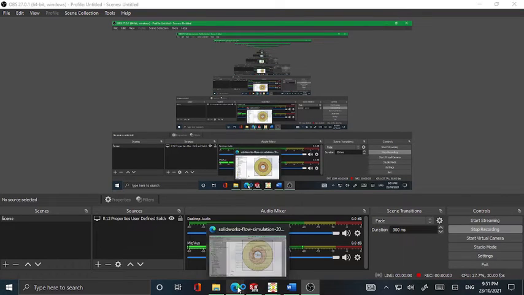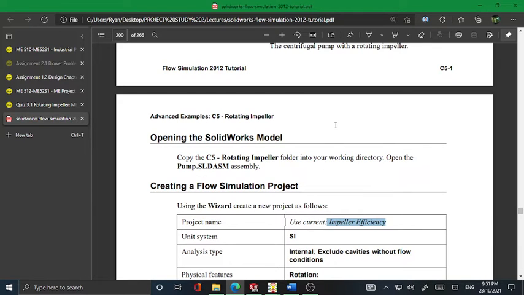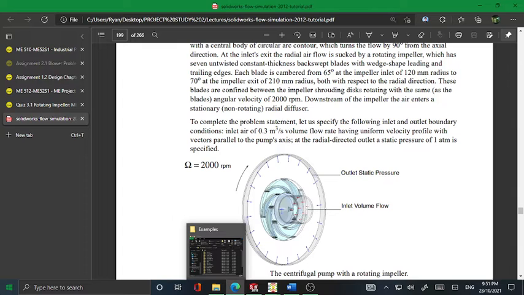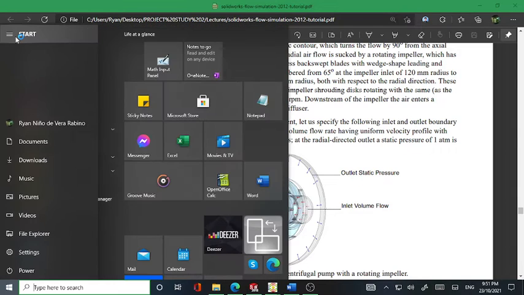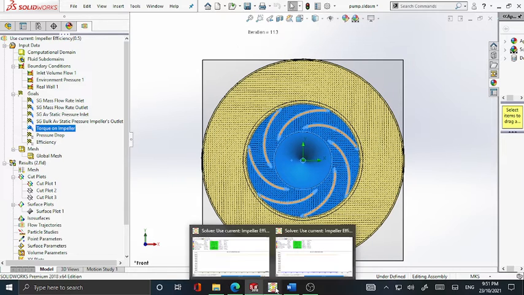Okay, so now I will simulate the impeller efficiency for the rotating impeller. So this is my profile, and, okay. So I have already obtained the result for the impeller efficiency at